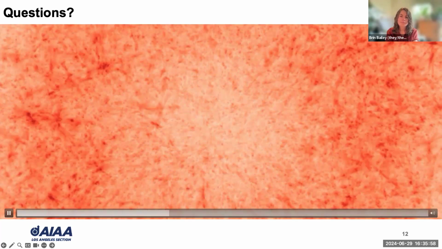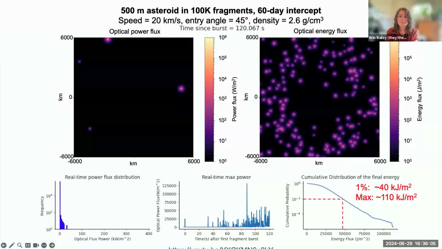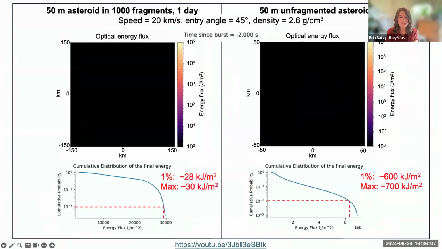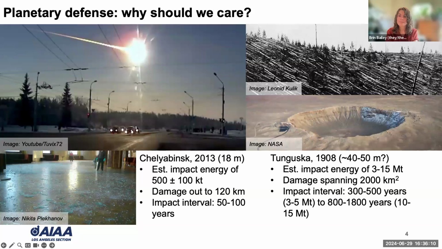And it's the Chelyabinsk. You had a certain range of probabilities, and it was something like 13 years ago, or on the order of 10 years ago, and yet that's a very short interval. There it is. What are the odds? Impact every 50 to 100 years, but it happened about 10 years ago. And Tunguska is at the very low end of that range. Tunguska happened roughly 100 years ago, and the interval is 300 to 1800 years. So